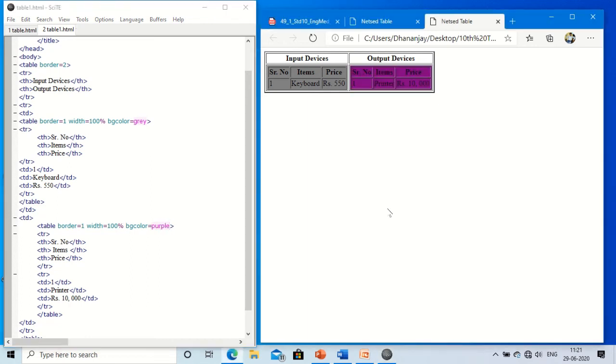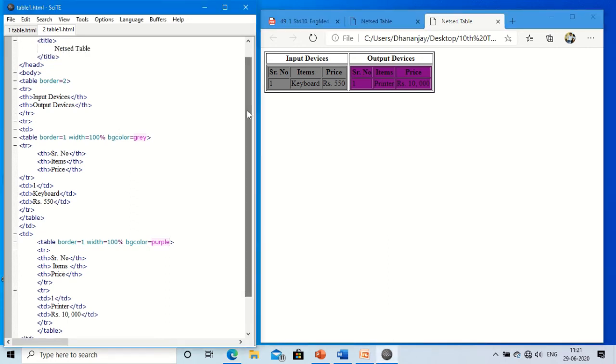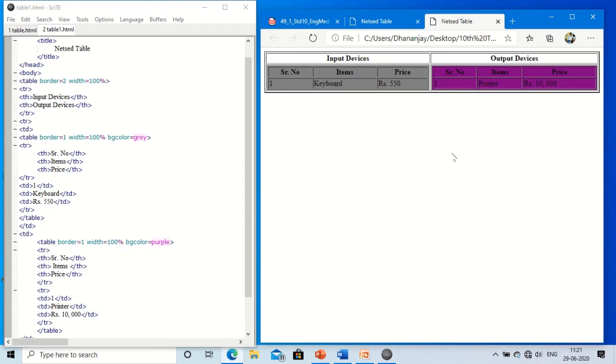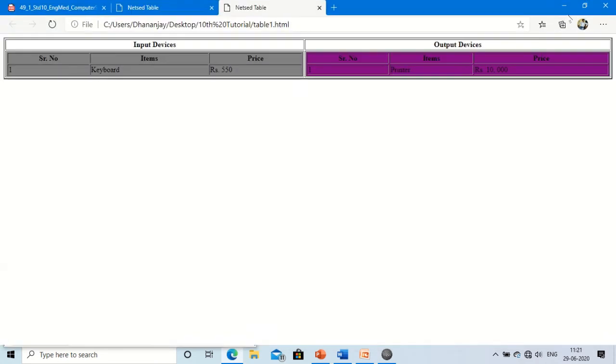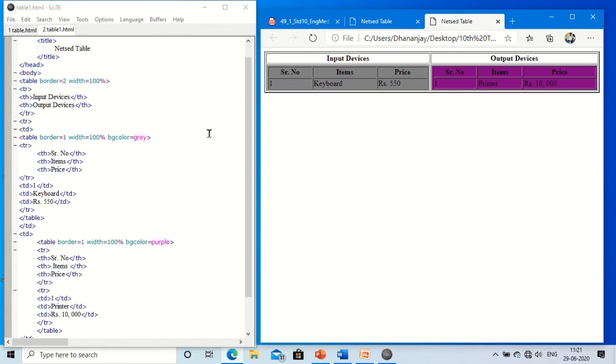Let me see. So here we understood, if you want to increase this table size, you can increase. Let me give here width equal to 100%. Let me save, let me show you. You can see how this is going to appear. So here we understood how to create a nested table. I hope you got it.